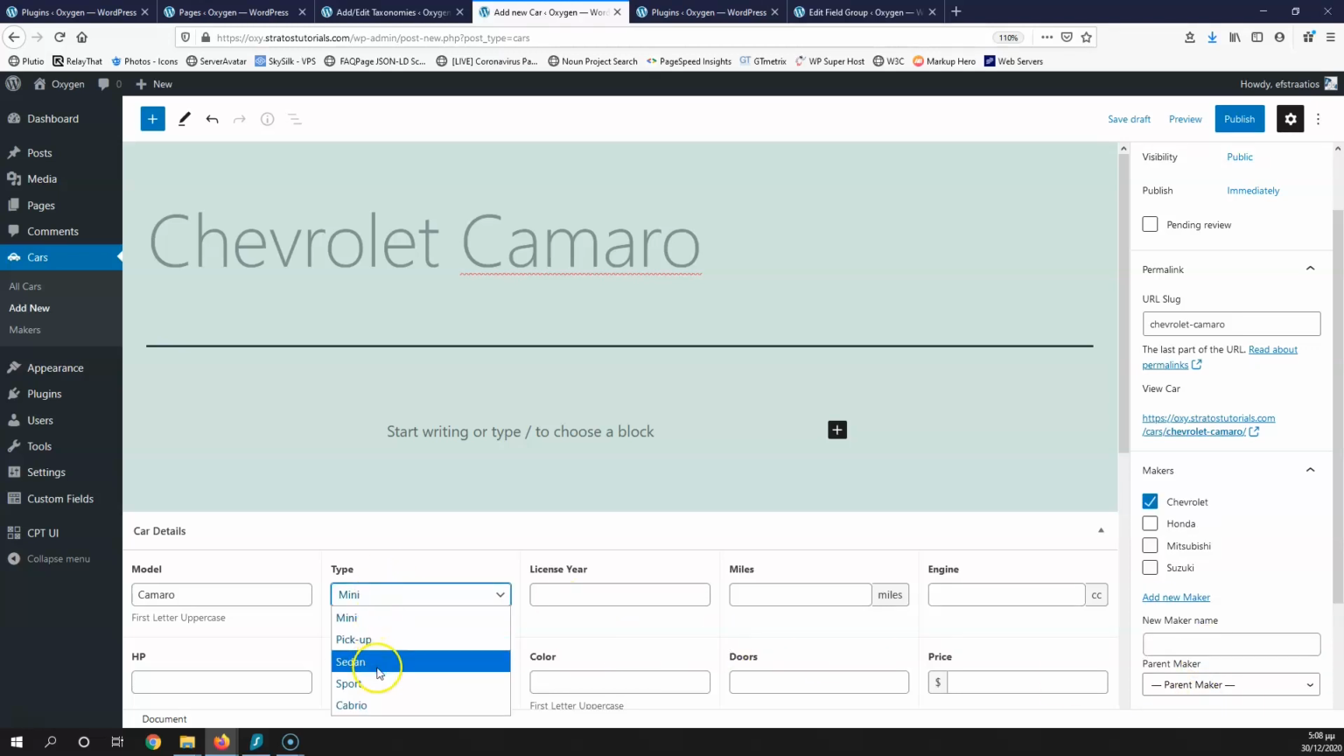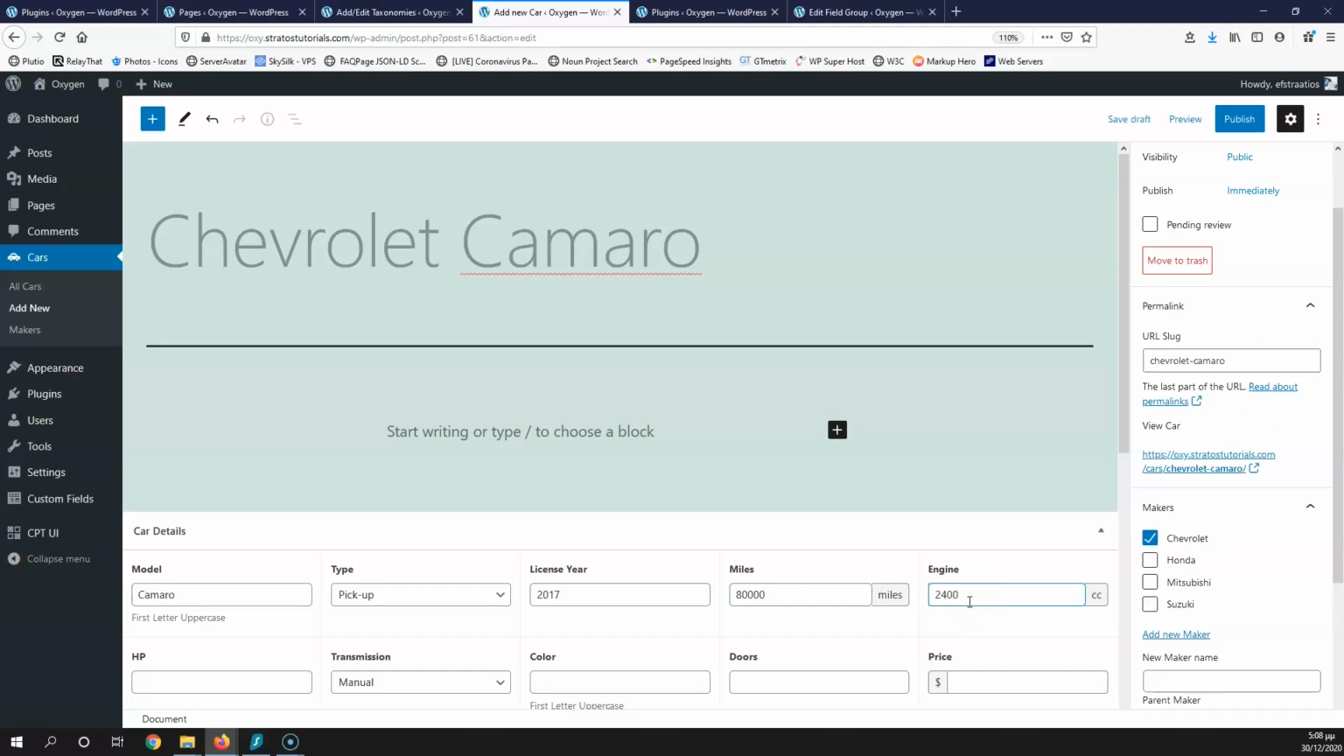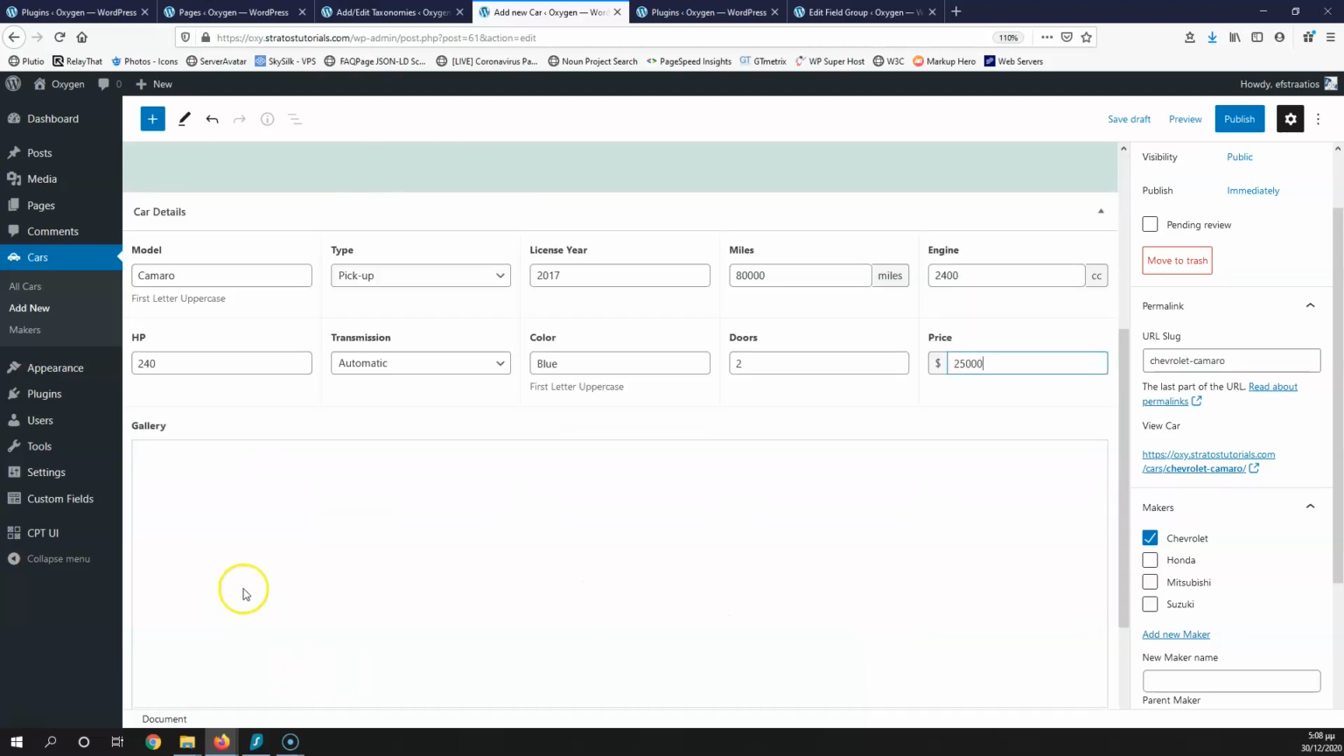Okay, type is pickup. License year is 2017. Miles 80,000. Engine 40, horsepower 240. Transmission automatic, color is blue, dark blue or something. Let's go for blue. The doors are 2. Price is $25,000, and let's go for the gallery